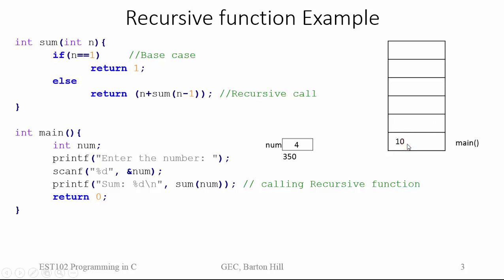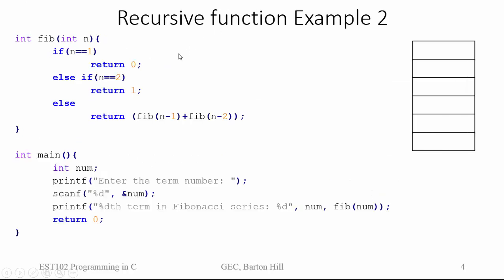Okay, so this 10 will be printed here, and after that return 0 value will be returned, and this function terminates, and then this context of main will also be popped from our stack. Okay, so this is how a recursive function works, and we have just seen an example to find the sum of first n natural numbers. Now we will see how we can find the nth term in a Fibonacci series using